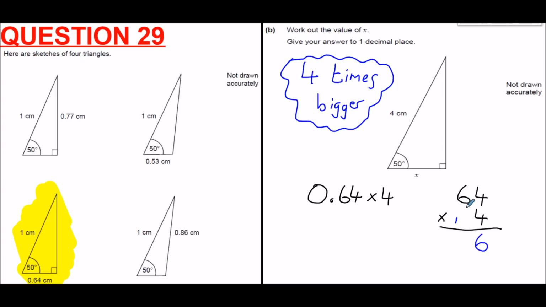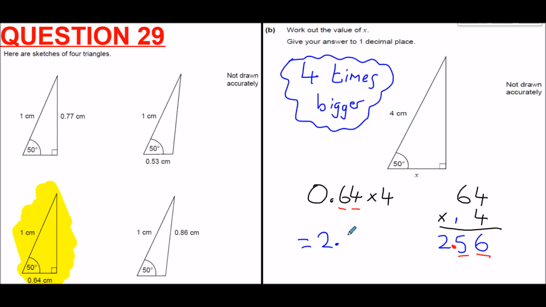And 4 times 6 is 24, plus the 1 over here is 25. So that'd be 256. However, the question has 2 decimal places in it, so we need 2 decimal places in our answer. And so the decimal would go in after the 2, which would make 0.64 times 4 equal to